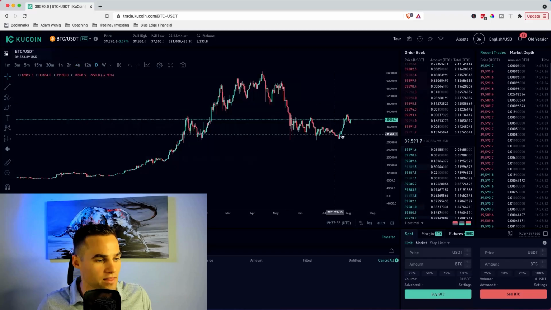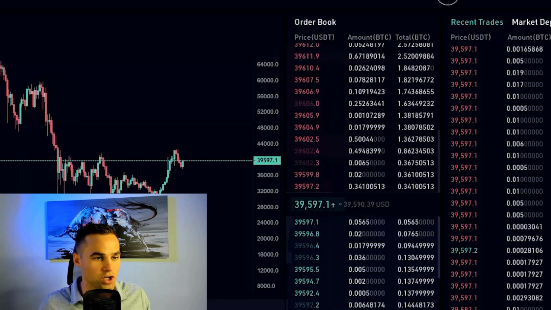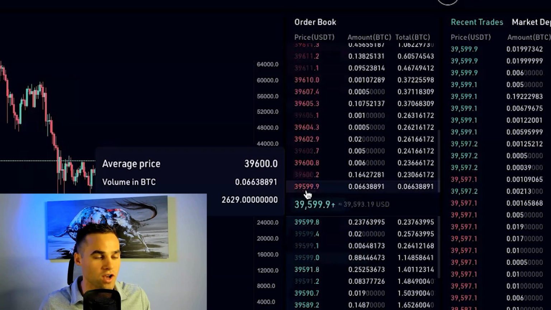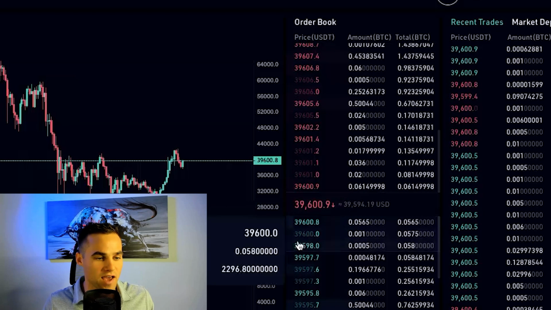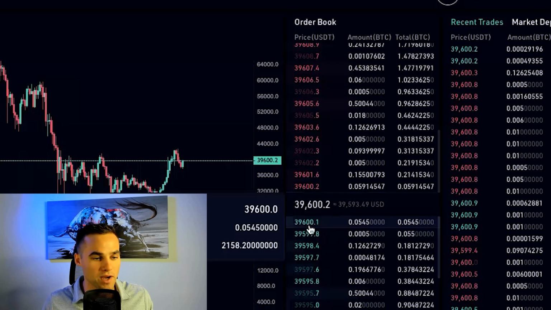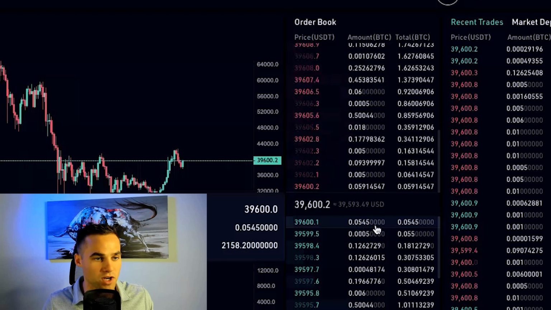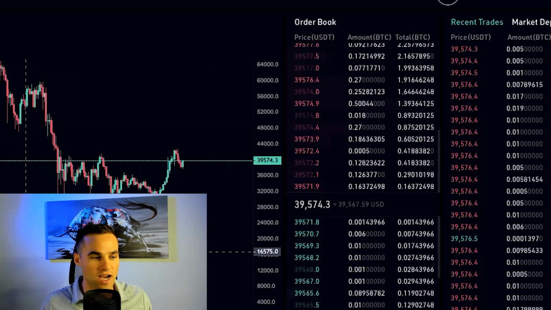You get the idea. The next thing that you're likely going to notice is this order book over here. You don't need to pay attention too much to the order book, especially if you're just starting off. But basically, the red is the sells and the green is the buys. So this means somebody's going to buy Bitcoin at this price, and they're going to buy this much Bitcoin at this specific price. So with that being said, let's go over how you actually read a chart.